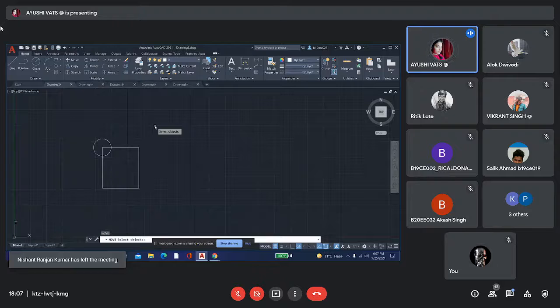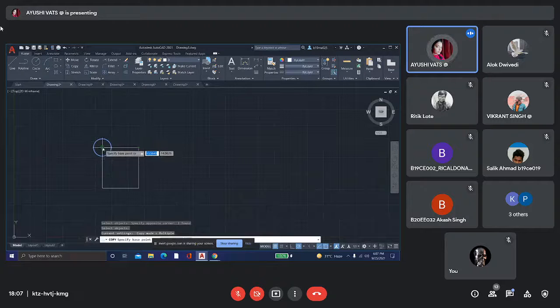We can move our object from this point to this point. Suppose we want to place that object at every corner. How can we place that object? It is not easy for us to make the circle at all points, so we directly use the copy command. Directly copy the image like that. Then press enter.